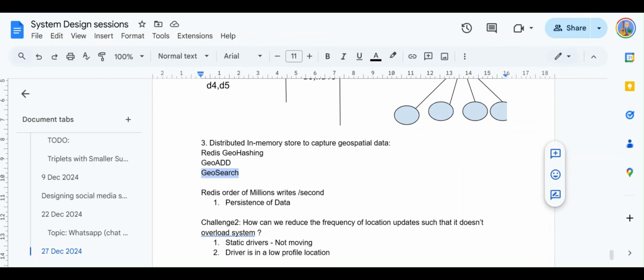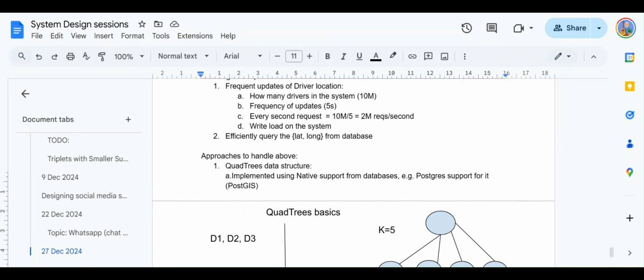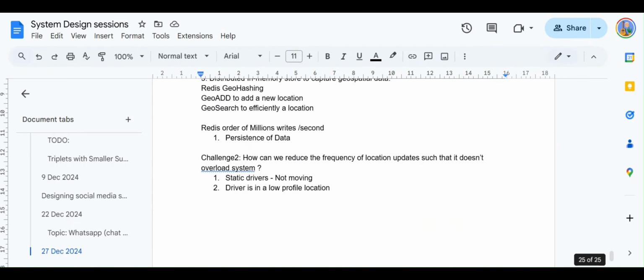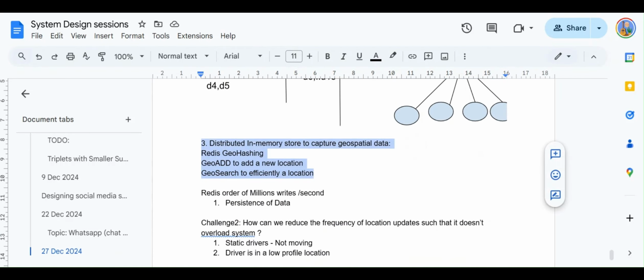It has APIs like GEOADD to add a new location into the database, and GEOSEARCH to efficiently search a location. You can provide the radius and other parameters, like give me the nearest locations within this particular radius. This is pretty fast. Using the in-memory store, we are able to bring down our latency to the order of milliseconds.